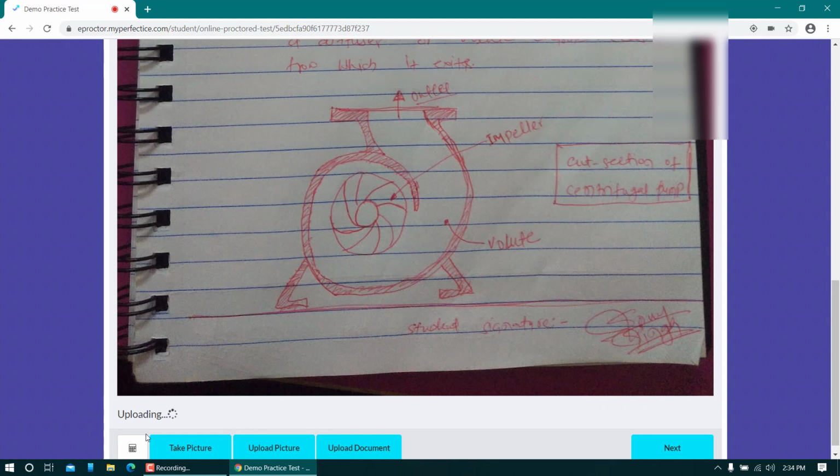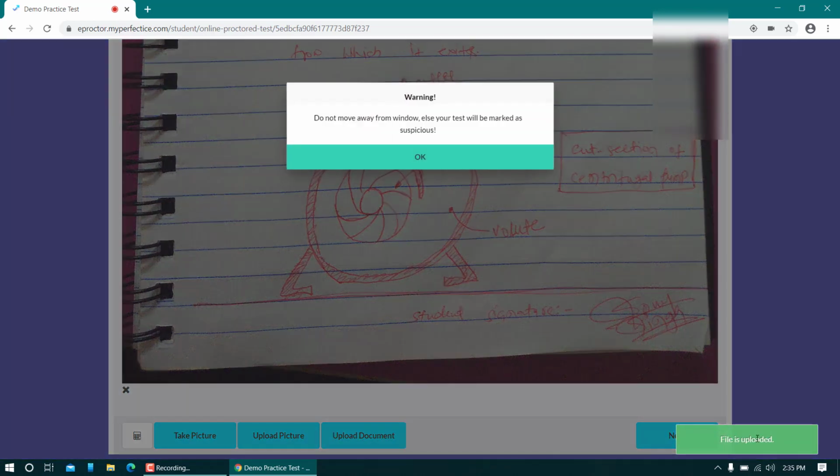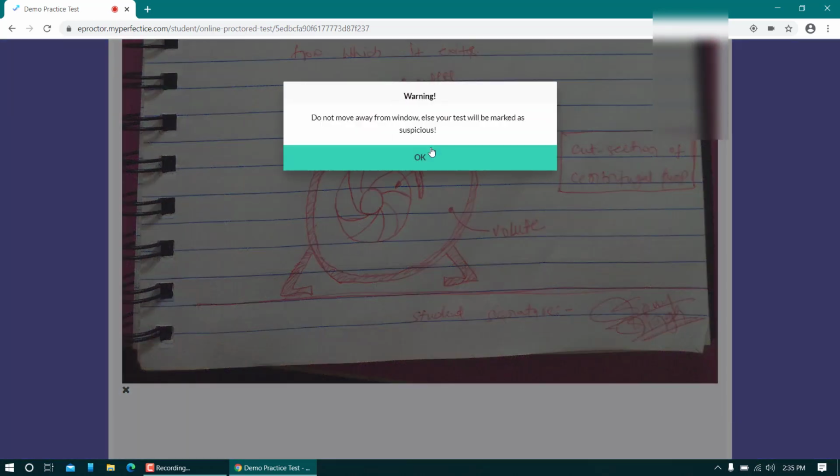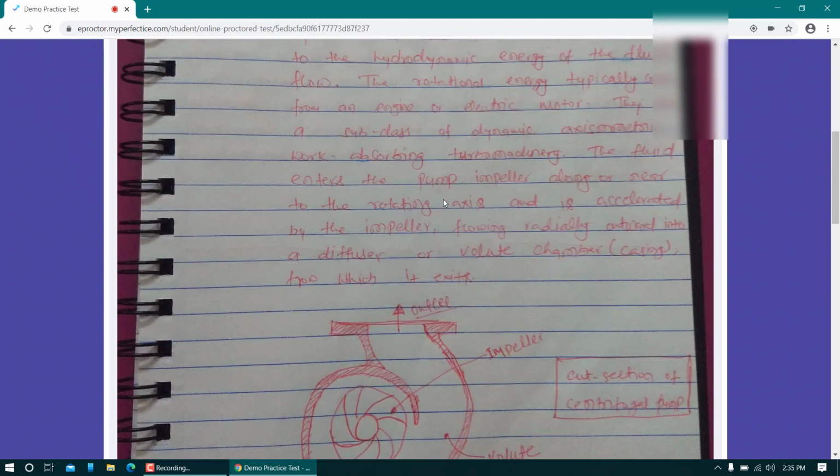And now you can see the file is being uploaded. So I'll wait for the file to be uploaded. Now I can see the confirmation of the second image being uploaded. Now I'll go to the bottom and you can see the second image is being previewed here. So you got the idea how to transfer an image from the mobile to the laptop. And as I was saying, keep your image quality to medium by going to your camera app, so that when you click on the picture, the size of the picture remains a little bit smaller.